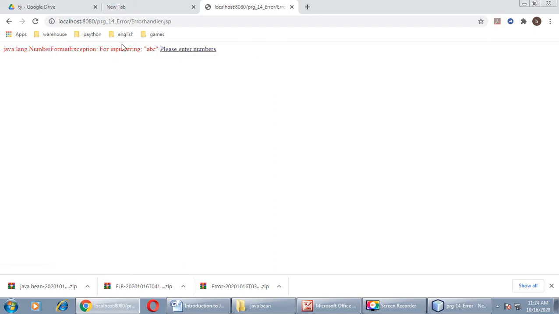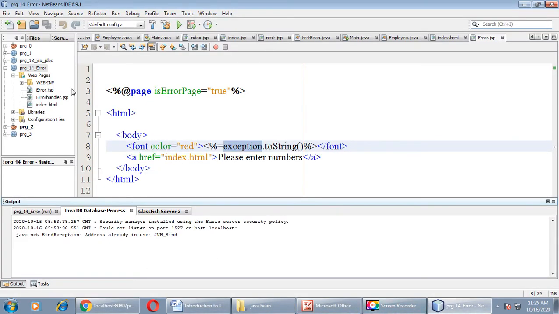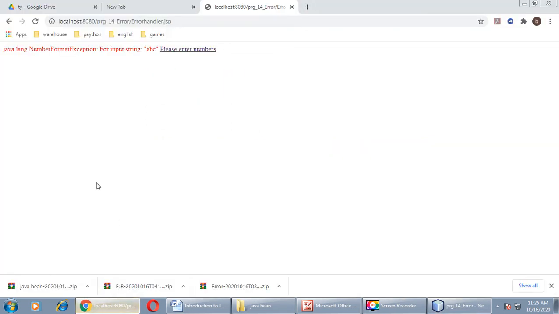As you can see, we are on the error page, right? Whatever error is generated by the previous page will be shown on your error page through the exception inbuilt object. Here you can see, as an output we got an error, right?